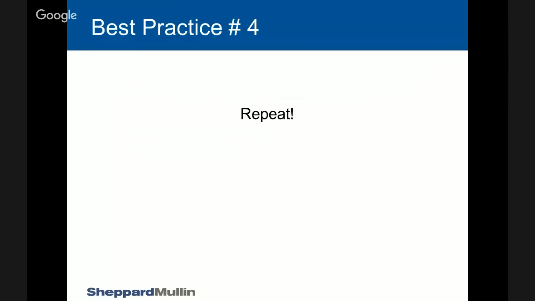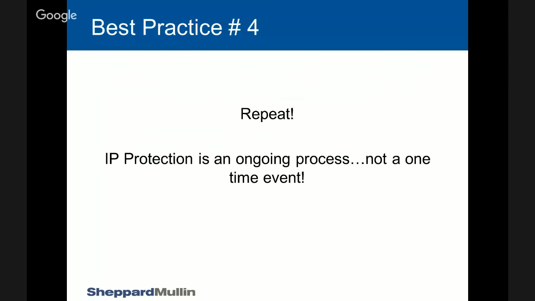The last thing I want to say is repeat. The important thing to think about with IP is that it's not a set it and forget it type of thing. It's not something you do once and say, okay, I filed my IP, I'm good. You're going to constantly iterate on your game. You're going to make enhancements to it. You're going to maybe change the business model. You may adopt new logos or a different look and feel. There are all different aspects of your game development that are going to change and require a reassessment of, is there any new IP I should be filing?